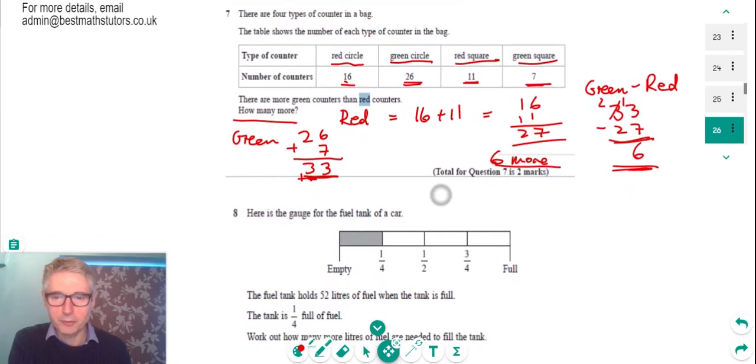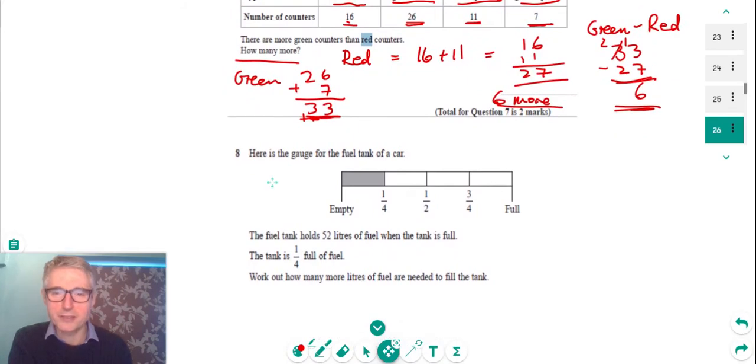If we move on now, question 8. So we can see that we've got a gauge from a fuel tank of a car. And so currently it's a quarter full, as we can see. So it's split into quarter, half and 3/4. So currently it's 1/4 full. And it says the tank holds 52 litres of fuel when the tank is full, and the tank is 1/4